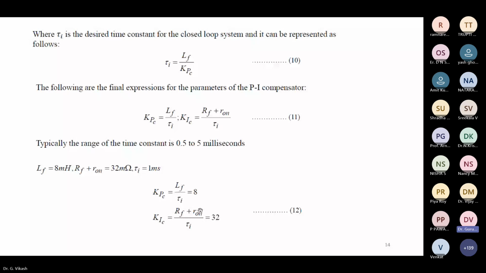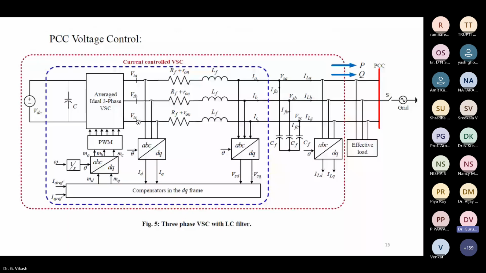And coming to the PCC voltage controller. First, if it is grid connected, just the current control loop is enough to control the inverter. But in case the inverter is operating in island mode, at that time it is separated from the grid. So we don't know